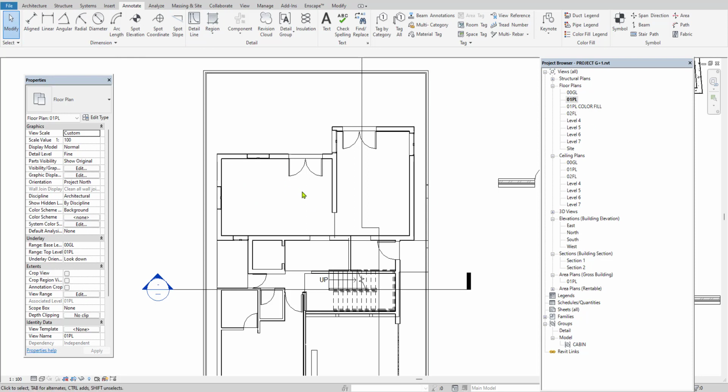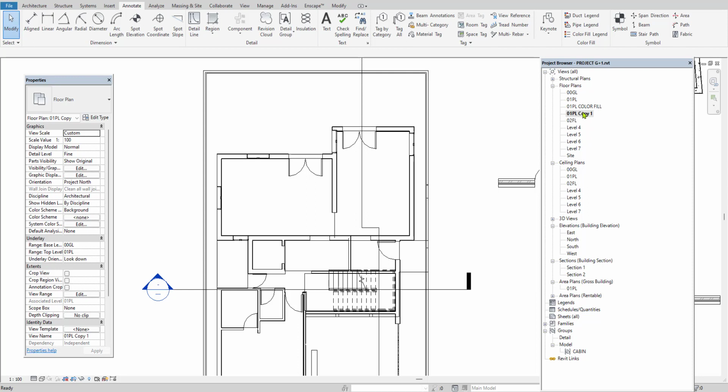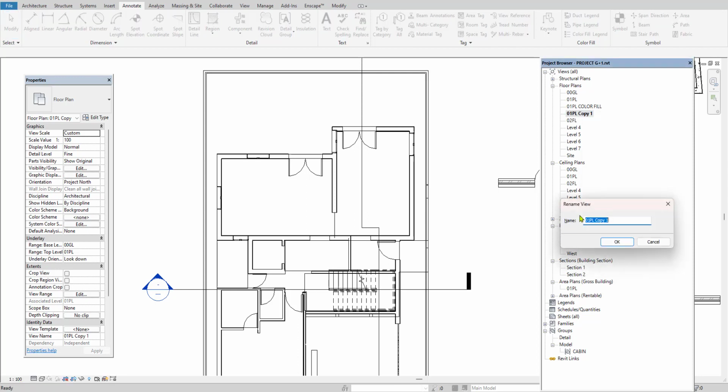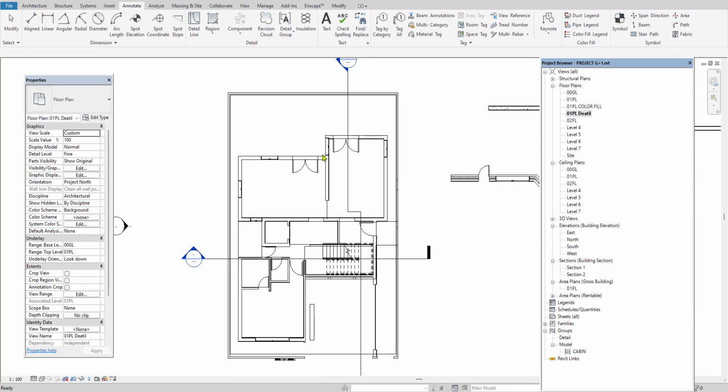Before going to that, either you can give the detailing on that floor level itself, or else you can take a copy of it. For the color fill I had taken a copy. For annotate also I will take a copy. Right click on the plinth level, click on duplicate view, and then say duplicate. We get a copy of it. You can rename it however you want. Rename it as 01 plinth level detail and hit OK. Next, in order to show the length and width, we normally use the align option.